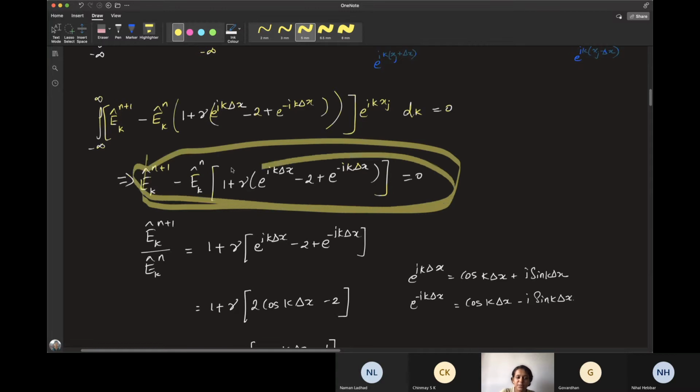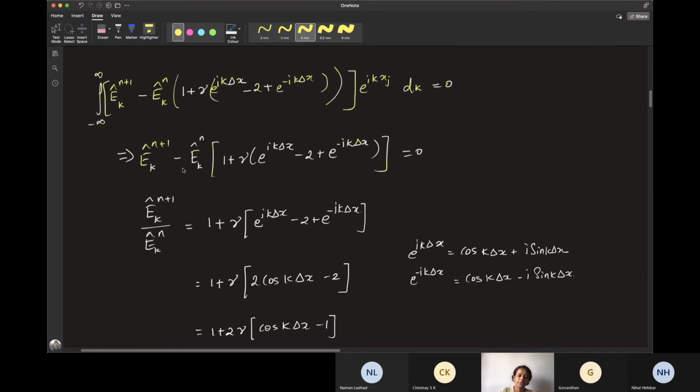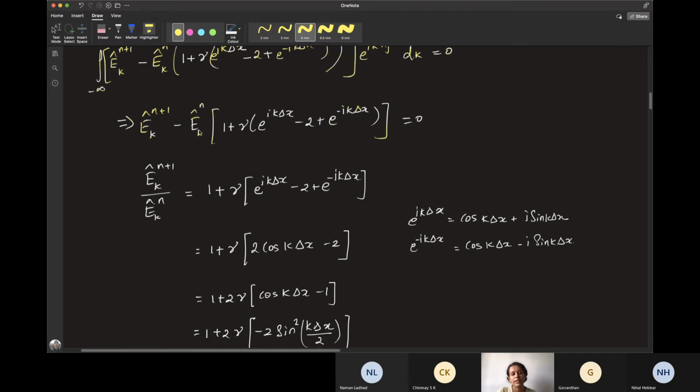So you have some expression like this. Now if you look at this expression, you have some error at n plus 1, and you have error at n, multiplied by some term equals 0. So now you can get the error ratio out of this. That is just divide this equation by error at n, that is this term. So you get some term like this into this equals this now. Just by dividing this equation by error at n, you get something like this.